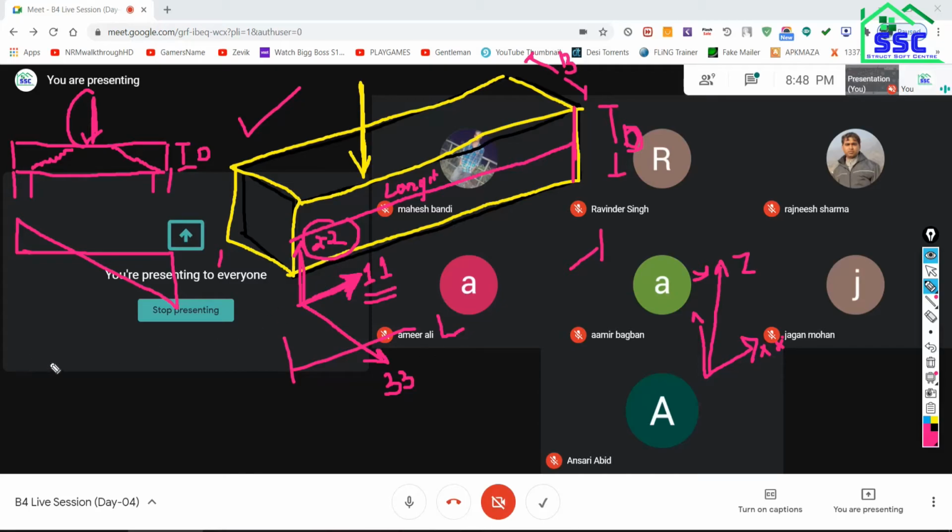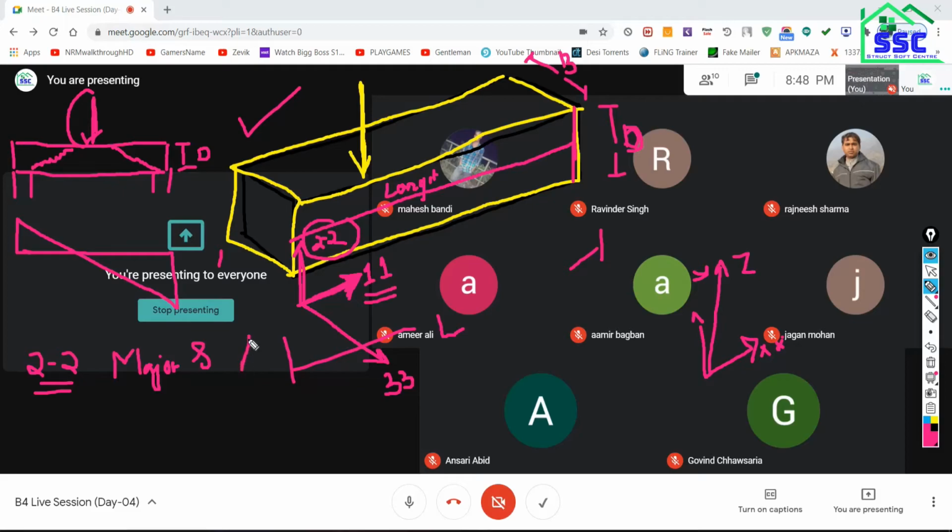That's why, remember, the very important point I am going to tell you: whenever you want to see the shear force in the beam, you need to look at axis 2-2. 2-2 is the major axis for shear. Major shear axis. You all got it? Yeah. So this is the first.